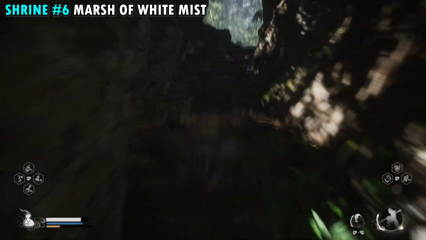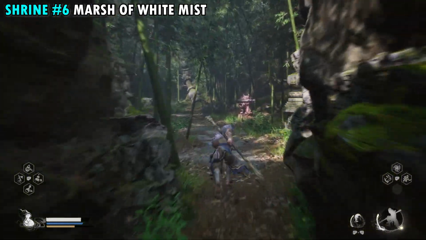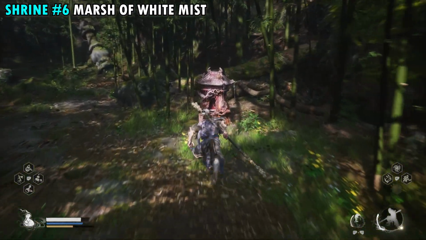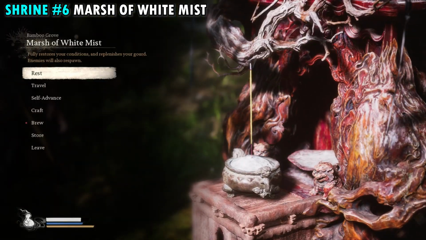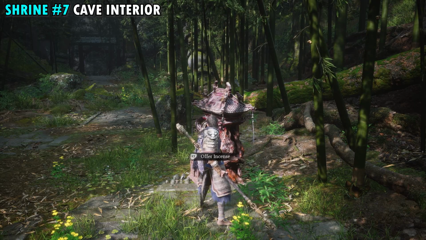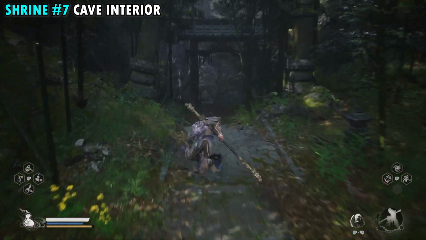Go ahead and work your way up the stairs. And once you get to the top, you'll see directly in front of you is going to be the sixth shrine, again, called Marsh of White Mist. Shrine number 7 is going to be called Cave Interior, and from the Marsh of White Mist fast travel, we're